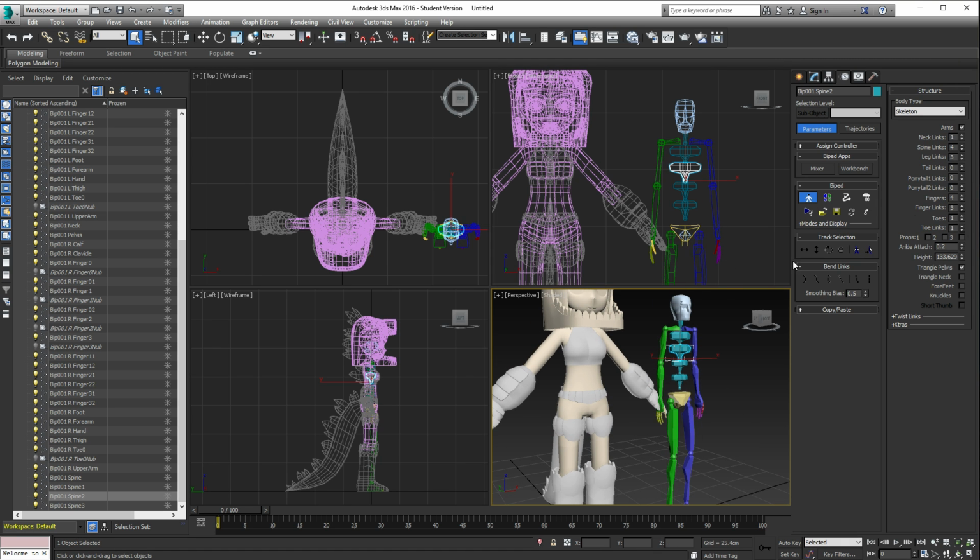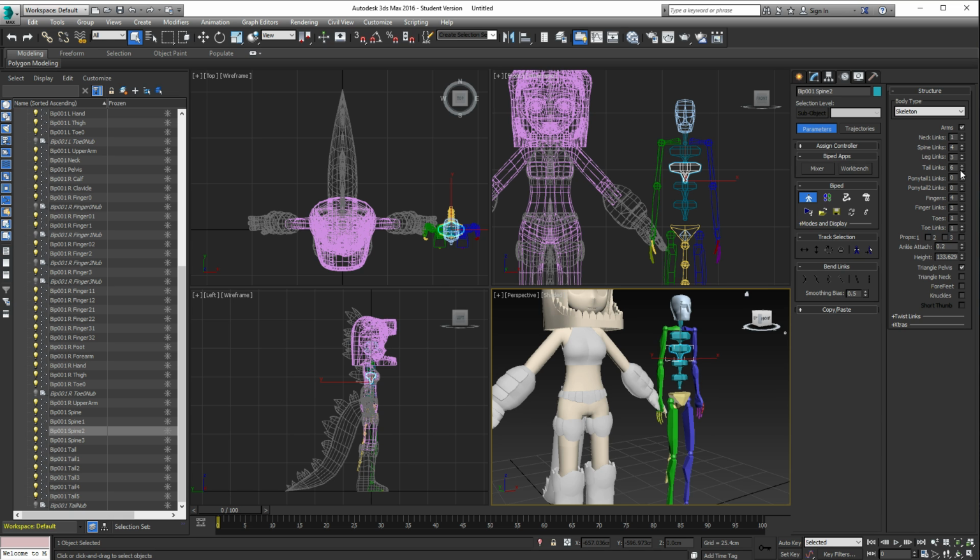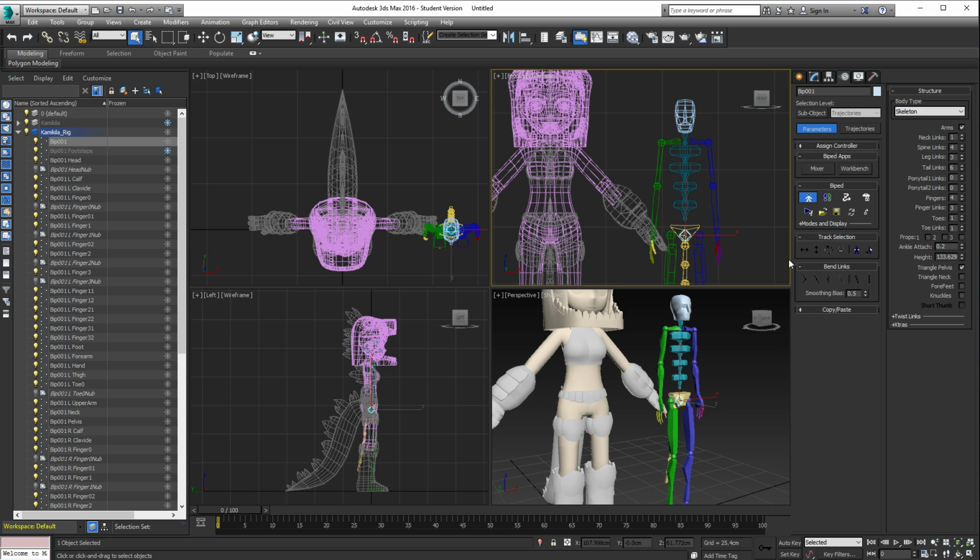So now that we have the character pretty much set up, at least skeleton-wise. Well, actually, I'm probably going to add a tail to my character too. Add a tail. Yeah, let's add 6 tail links. Feel good about 6. Feeling good. All right. So now that I have my character skeleton set up, at least at this point,